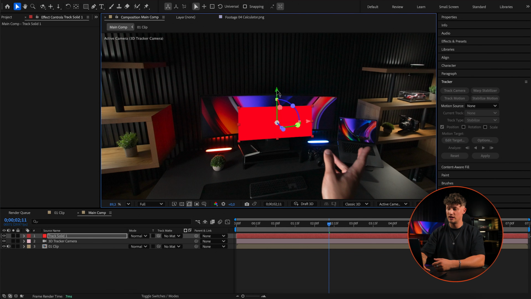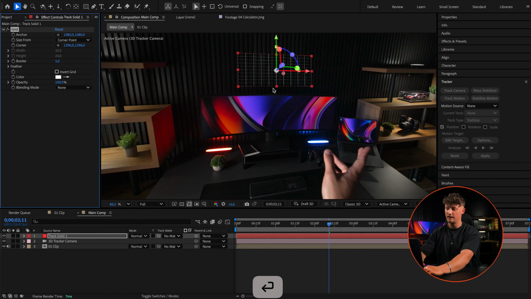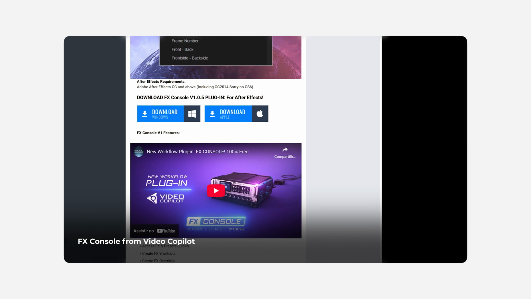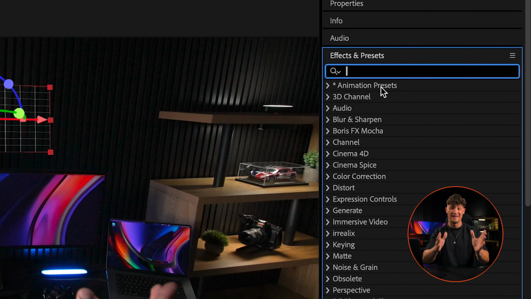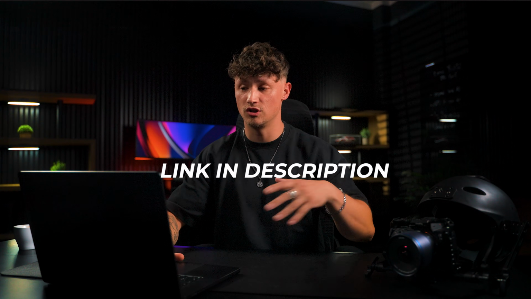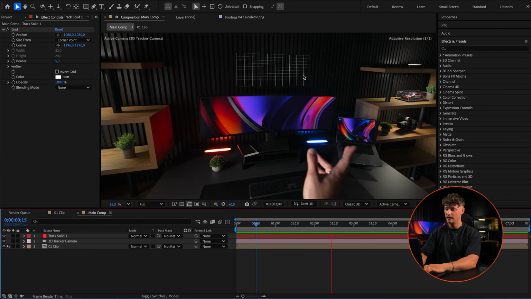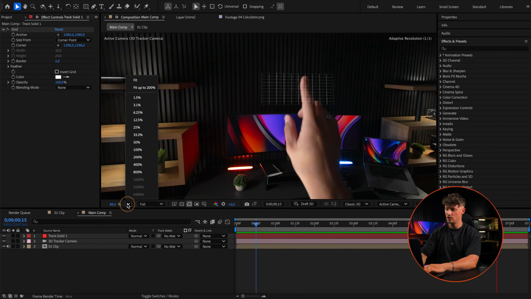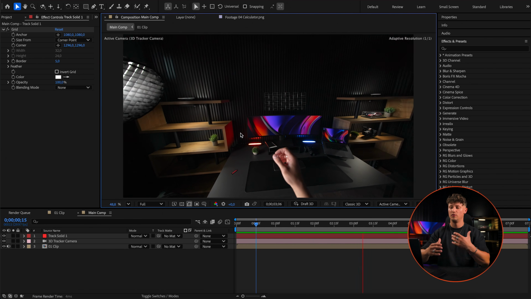So I'm gonna slightly adjust orientation, drag it here on top, and I also like to apply the grid effect. I'm using here FX Console, but you can access all those effects. It's exactly the same as browsing it here in the effects and presets, but guys, really check out FX Console. It's gonna save you a lot of time. Yes, that being said, now I'm playing back and I check the track, and it actually looks pretty damn good. So it stays in the exact same position here. That's where I want to place my graphics.